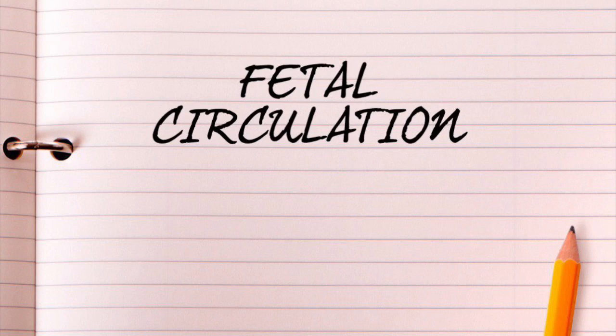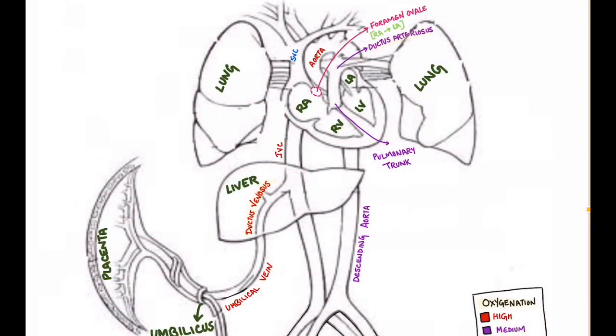Next is the fetal circulation. The fetal circulation is a bit different from the normal circulation because in the fetus, the structure for the oxygenation of blood is the placenta. Placenta is a circular structure that develops in the maternal uterus during pregnancy, and it is responsible for oxygenation of blood and for the removal of the waste products. As in the figure, you can see the placenta is supplying the fetus with the oxygenated blood shown in red.